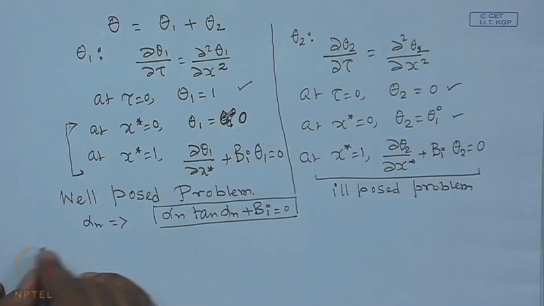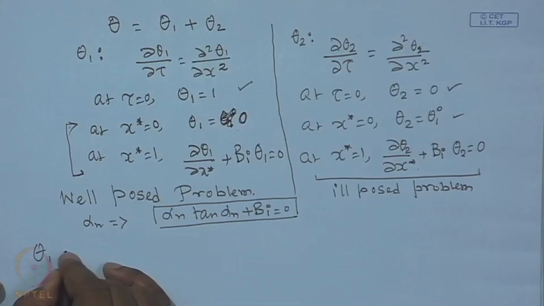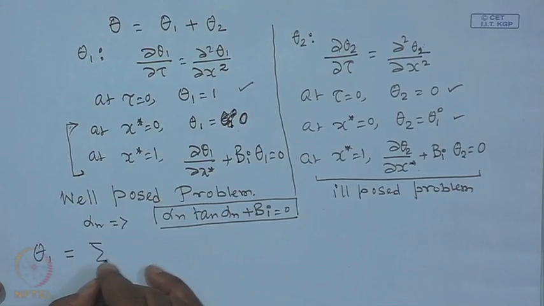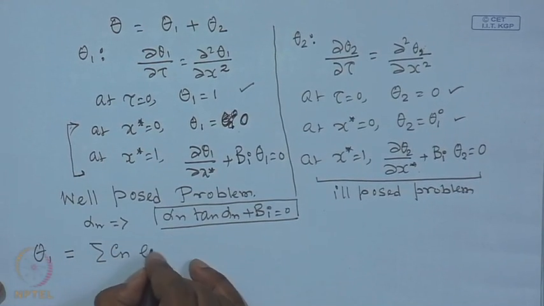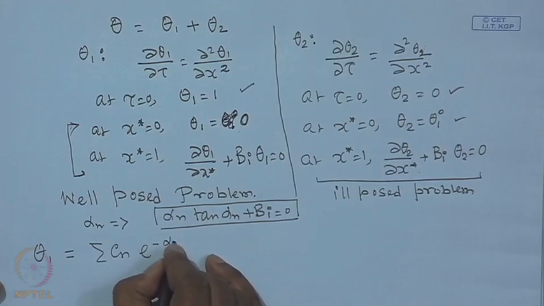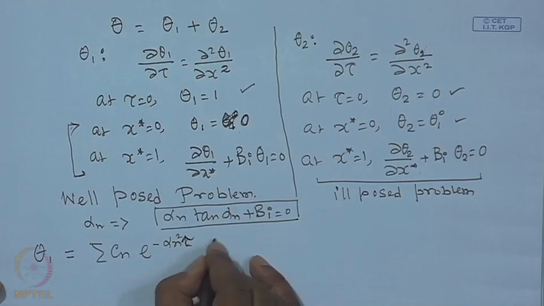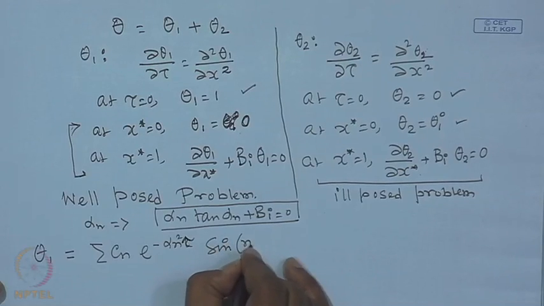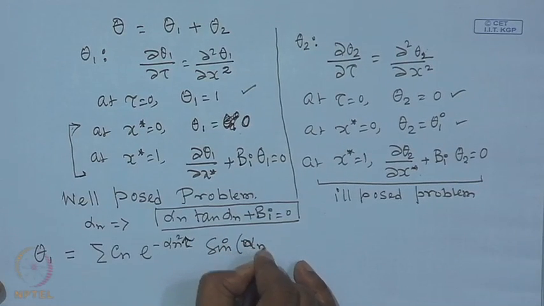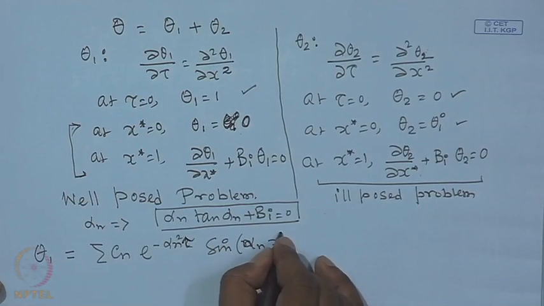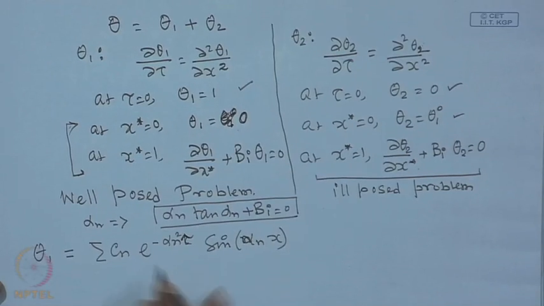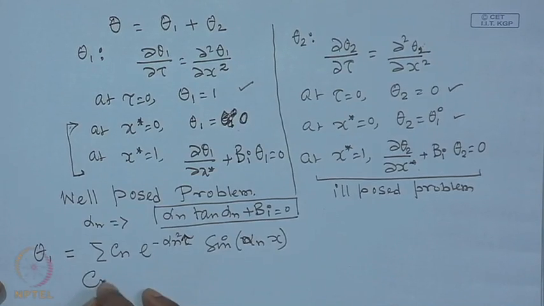So, the complete solution of this problem is theta 1 equal to summation of C n e to the power minus alpha n square tau sin alpha n x. Okay. So, where C n is obtained by carrying out this integral